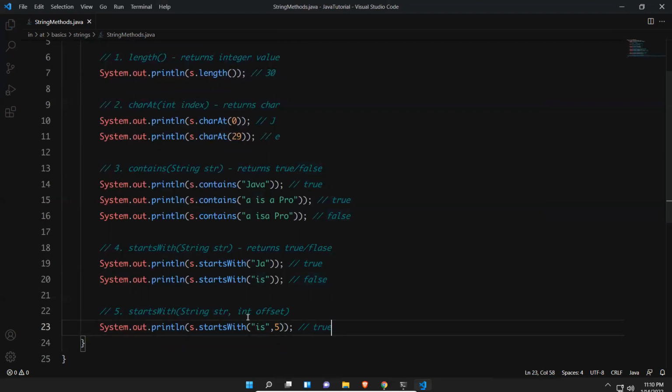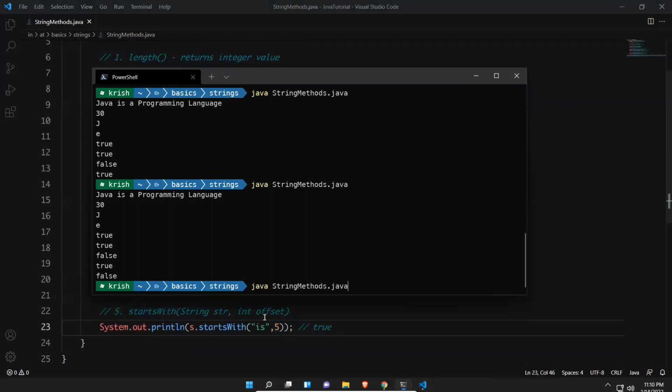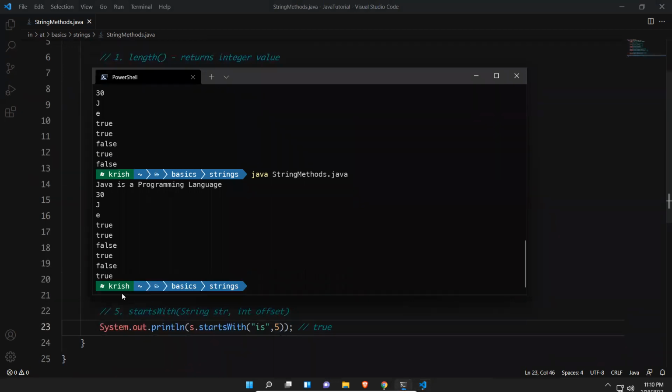So in the string sequence, from the fifth index, is it starting with I or not? Yes, from the fifth index, it is starting with I. So if I try to execute this, it will print true. You see that? True.